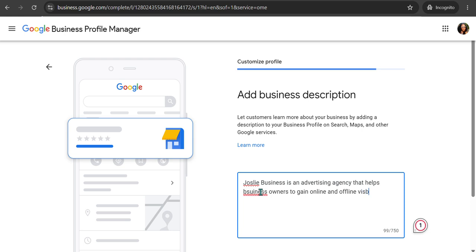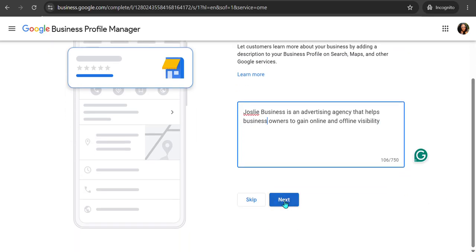Sorry about this mistake. Online visibility through something, but yeah, this gives you a grasp of what it's all about. So click on next,